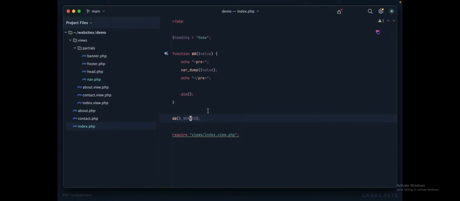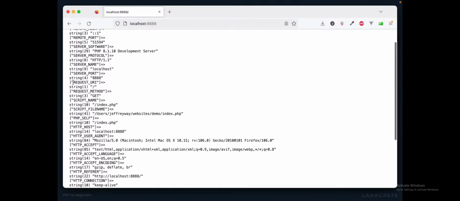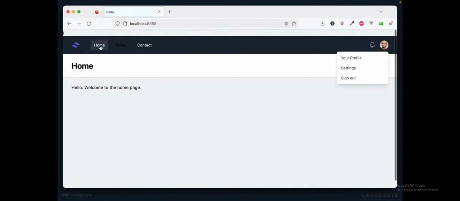Okay, so let's bring this back and actually inspect our superglobal here. And specifically, I want to point your attention to this key here, REQUEST_URI. Notice the value is /, which always refers to the home page. So basically everything after the domain name. So I think what we can do is inspect the request URI to figure out what the current page is. Let's give it a shot. Let's echo the server request URI. And yeah, if we come back and refresh at the very top, sure enough,